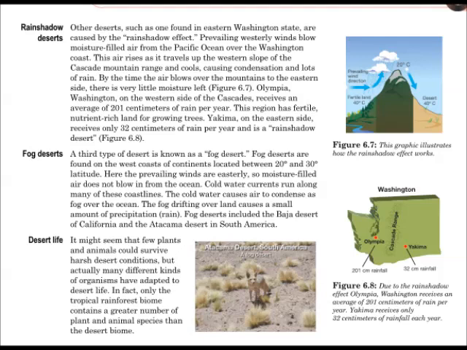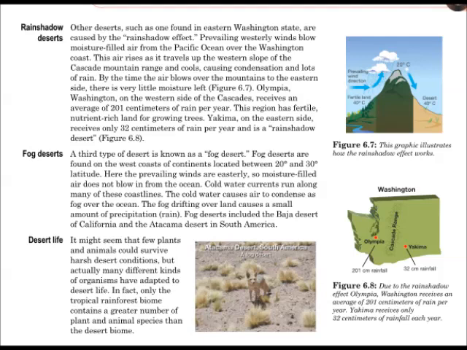Deserts, such as one found in eastern Washington state, are caused by the rain shadow effect. Prevailing westerly winds blow moisture-filled air from the Pacific Ocean over the Washington coast. The air rises as it travels up the western slope of the Cascade Mountain Range and cools, causing condensation and lots of rain. By the time the air blows over the mountains to the eastern side, there is very little